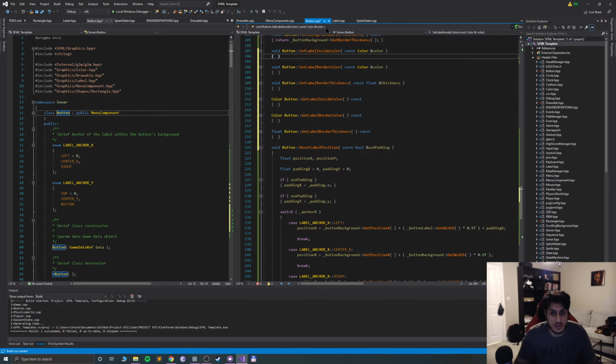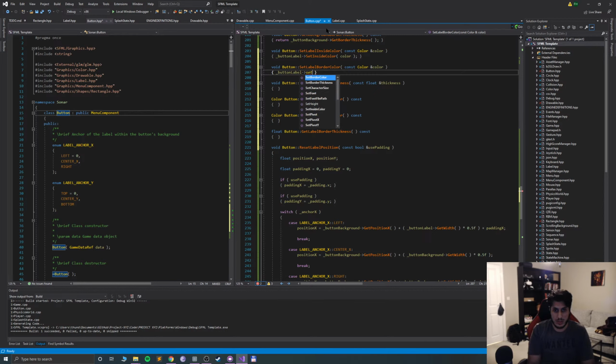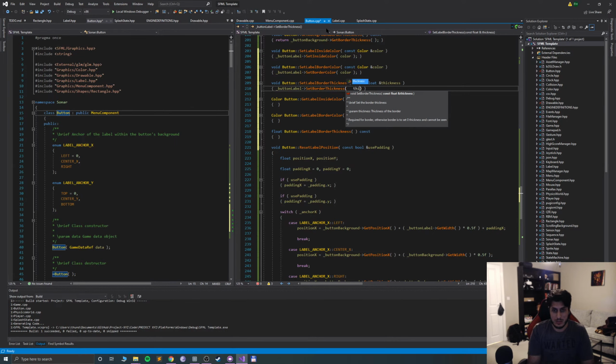Okay, so what we're going to see now is label underscore button label dot set inside color to color, underscore button label dot set label set border color to color, underscore button label dot set border thickness to